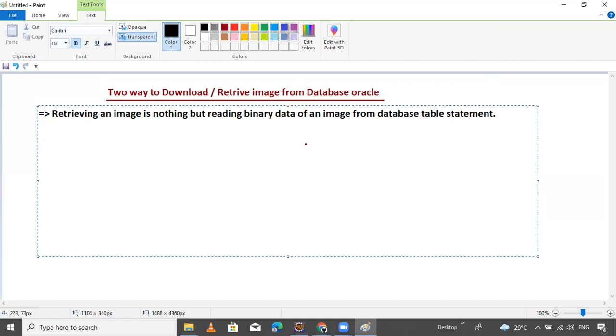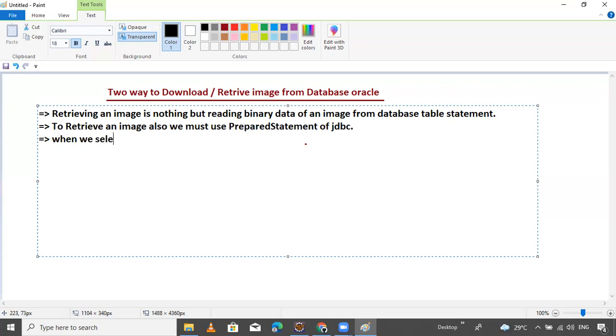Second point: to retrieve an image, we must use the prepare statement of JDBC.